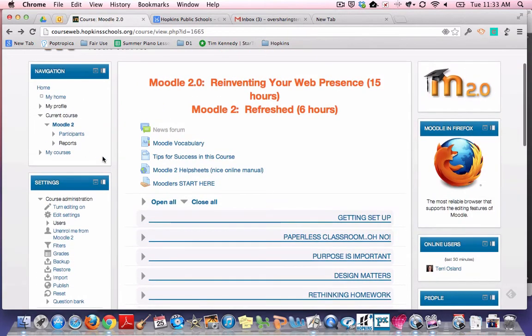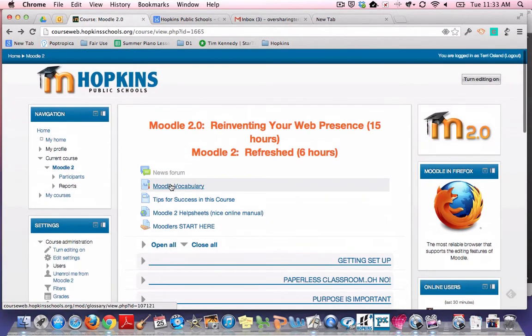Now, important, for you to do this course, everybody, both the reinventors and the refreshers, need to click on Moodlers Start Here, and you also need to be logged into Moodle before you go to this first section. You know you're logged into the system if in the upper right hand corner you can see your name, kind of like you can see my name in the upper right hand corner, right there. So if you click on Moodlers Start Here,